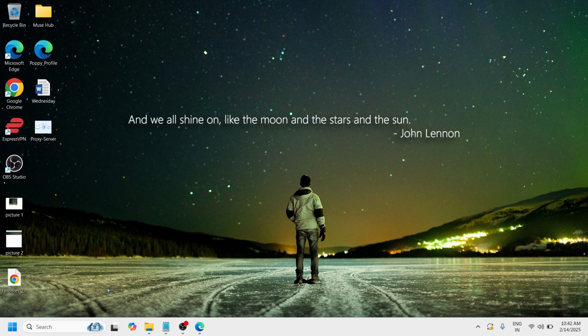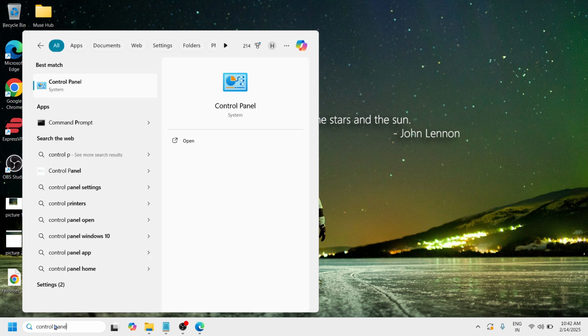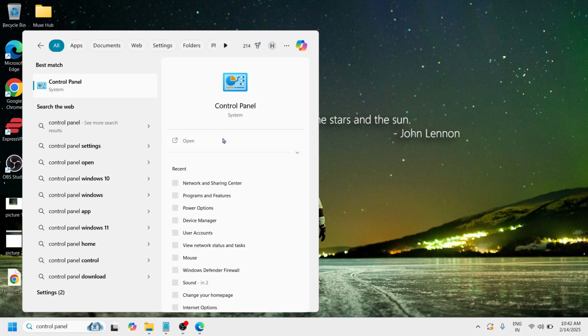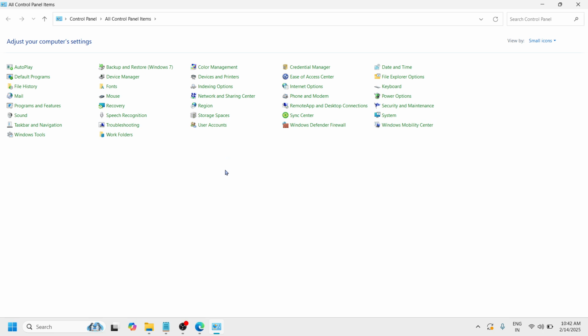Okay, so the very first step is you need to disable your proxy server, and how to do that. At the search bar, type control panel and then click on open to continue. So the moment this new window appears, if your window doesn't look like this, go for view by and make it small icons so that it will look like this. Okay. So here you need to look for Network and Sharing Center. Just simply click on it